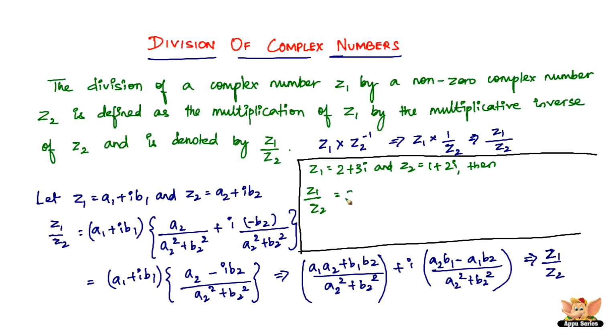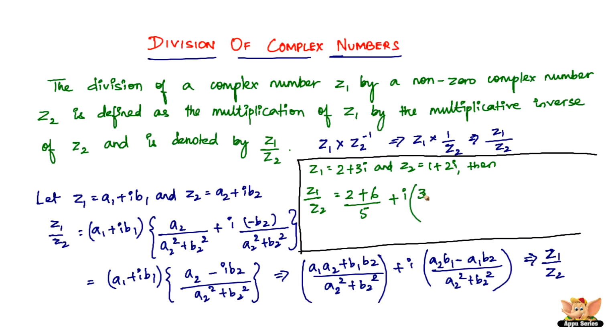A1 is 2 and A2 is 1, so 2 times 1 is 2, plus B1 is 3 and B2 is 2, so 3 times 2 is 6, divided by A2 square, which is still 1, and B2 square, which is 4, so this is going to be 5, and plus i times A2 is 1 and B1 is 3, so it's going to be 3,